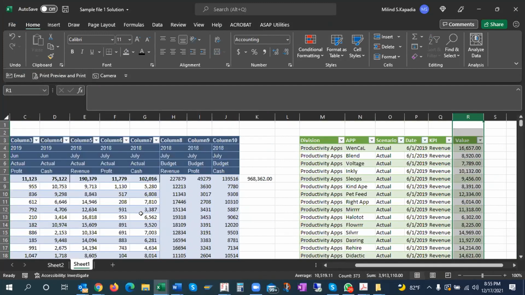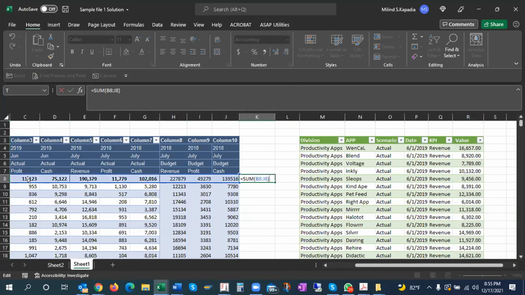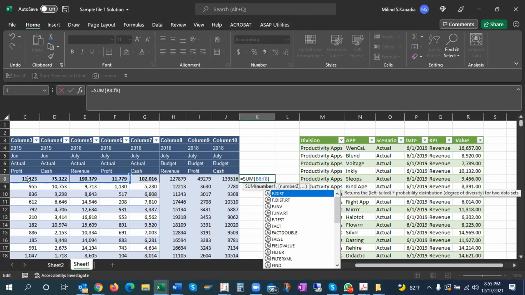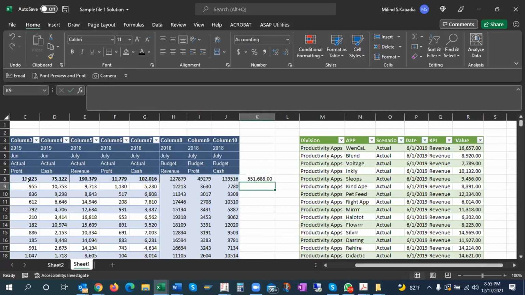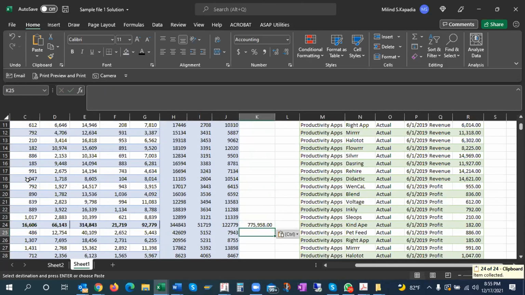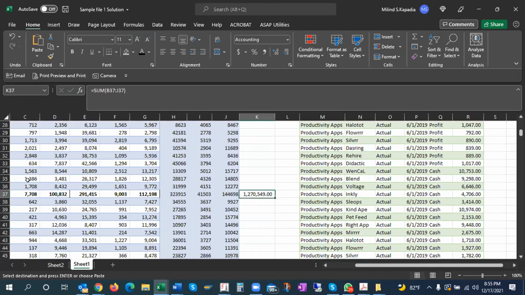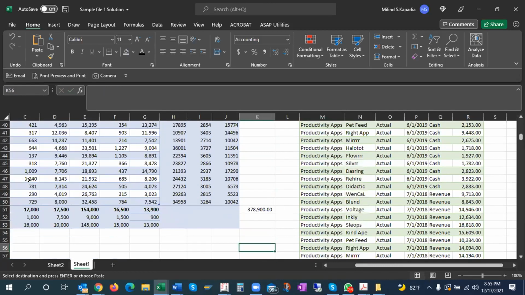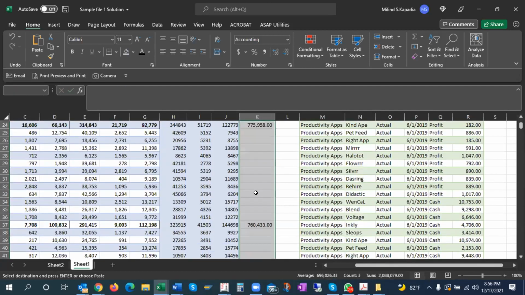So if I take the total of all these, if I take the total up to G, I just copy, I paste here, I'm cross-checking. This is not in the table, because my table is up to here. So I'm just checking.